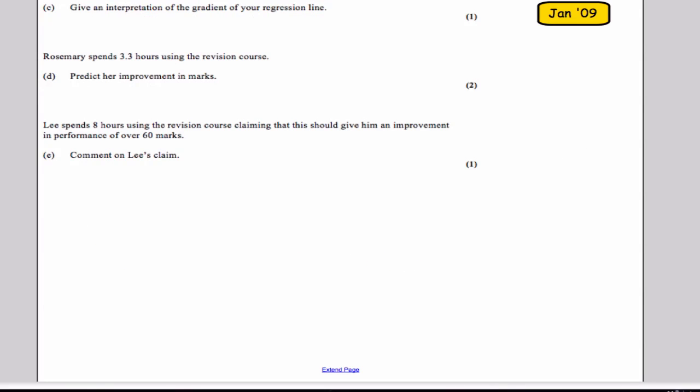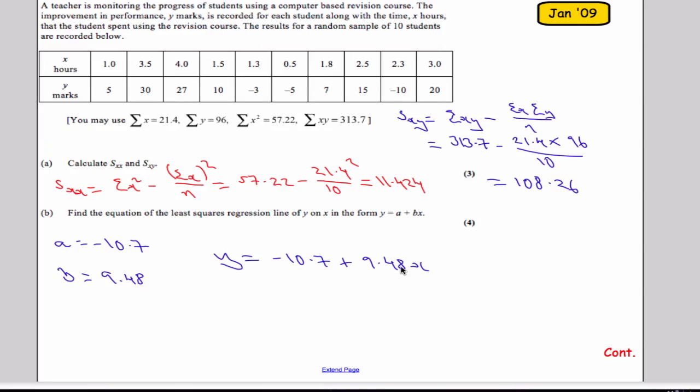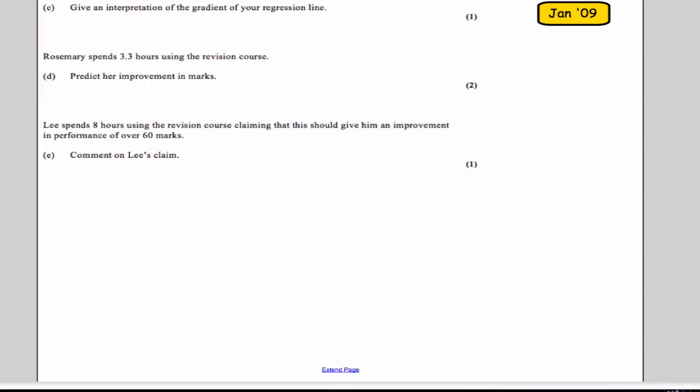So what I can say is that effectively for every hour they study, it produces another 9.5 marks. Okay, so if x was 1, I'm going to add on roughly 9.5 to the number of marks. If I have 2 hours, it's going to be 2 times 9.5. So effectively, for every hour,